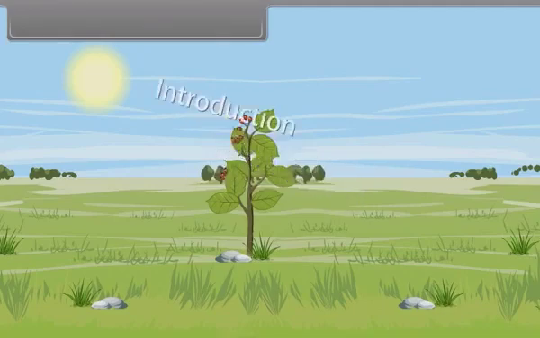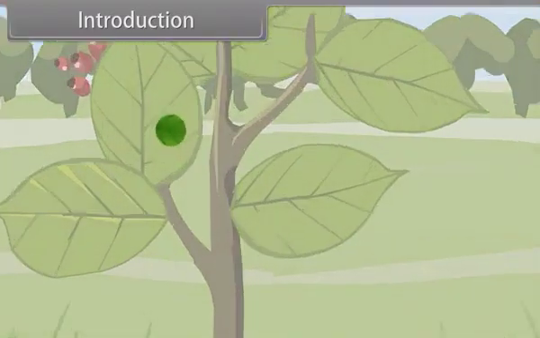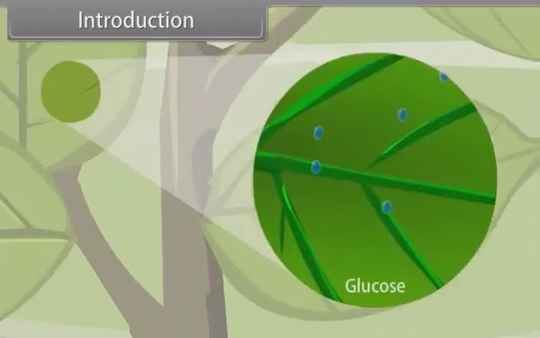Introduction. Hey kids, in our previous lesson, we have learned so many things about plants. Now we will learn photosynthesis in higher plants. Photosynthesis is the process of converting light energy to chemical energy and forming glucose, which is used by the plant